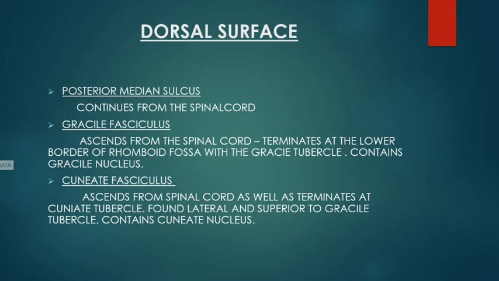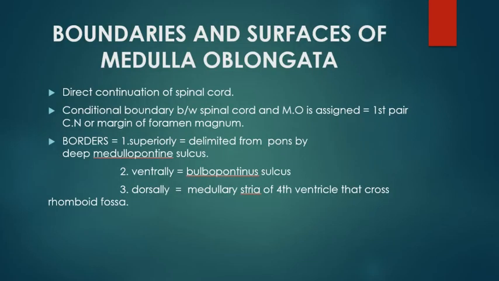Next we study the boundaries and surface of the medulla oblongata. It is a direct continuation of the spinal cord. The boundary between the spinal cord and medulla oblongata is assigned at the first pair of cervical nerves or the margin of the foramen magnum, and the borders are superior, ventral and dorsal. Superiorly delimited from the pons by the deep medullopontine sulcus, ventrally by the bulbopontine sulcus, and dorsally by the medullary stria